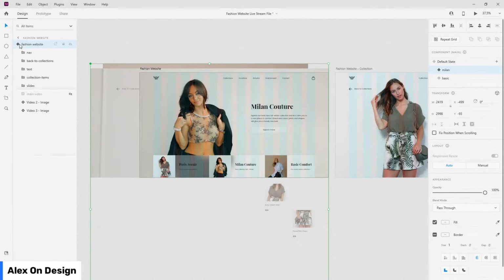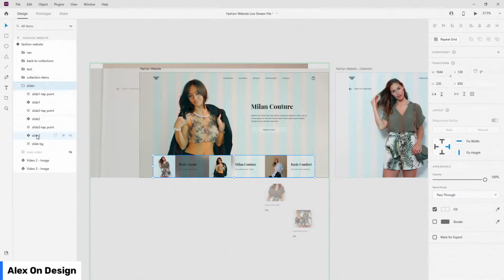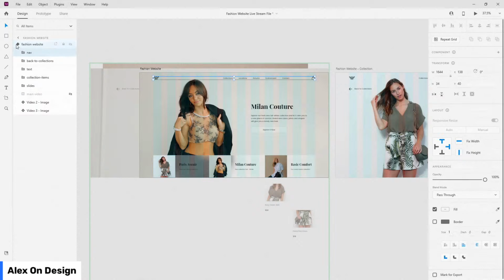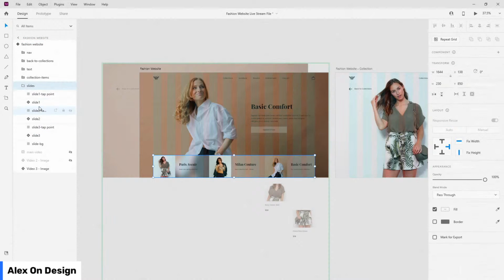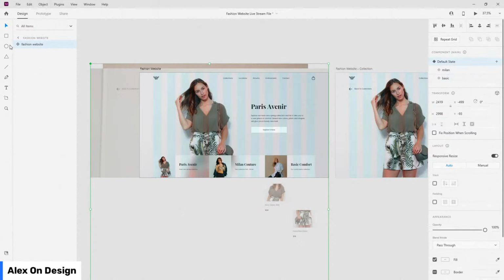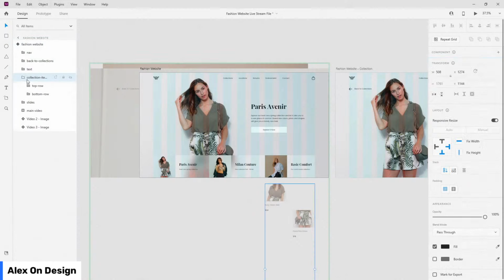If I switch to Milan state, you can see that the change propagated to this state as well. So it's happening in each state. And if I check it right here, you can see that the change is happening here as well. So go back to the default state, and finally collection items,